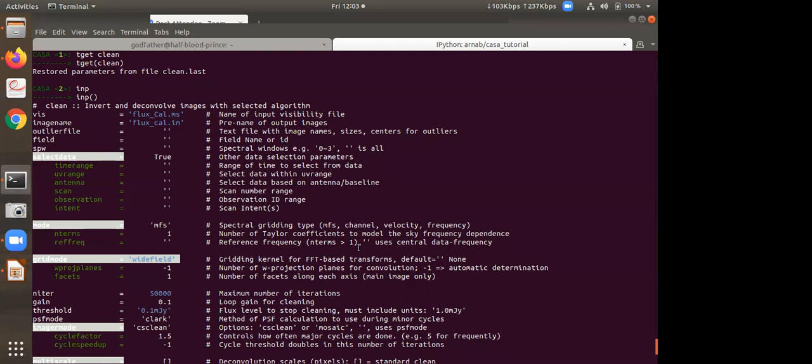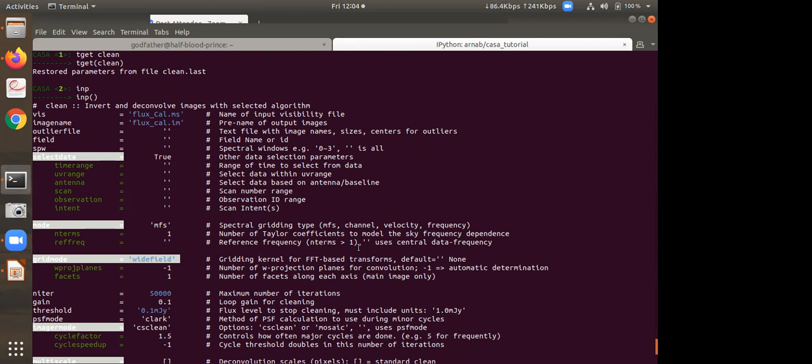Before going into that, just to tell you, this clean algorithm, which is already implemented inside CASA, is a parallel algorithm. So the higher the number of cores, the faster it will be. Second, it requires a lot of memory too. So I will not do the cleaning here. I will just describe the different options, and you can do it on your own later. It will take some time also, probably 2 hours, 3 hours, or more, depending upon your data size.